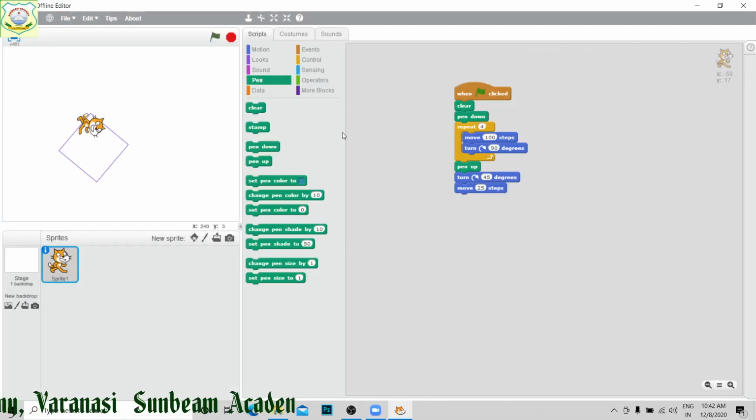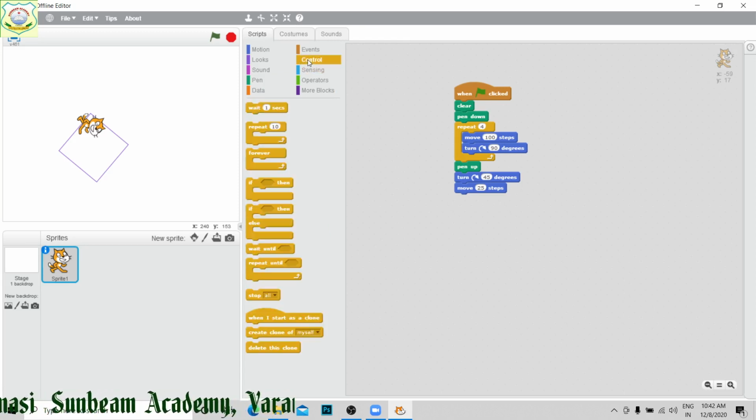To make a circle, what to do? A repetition, 360 degree we have to rotate, right? So what to do? I will repeat it once.